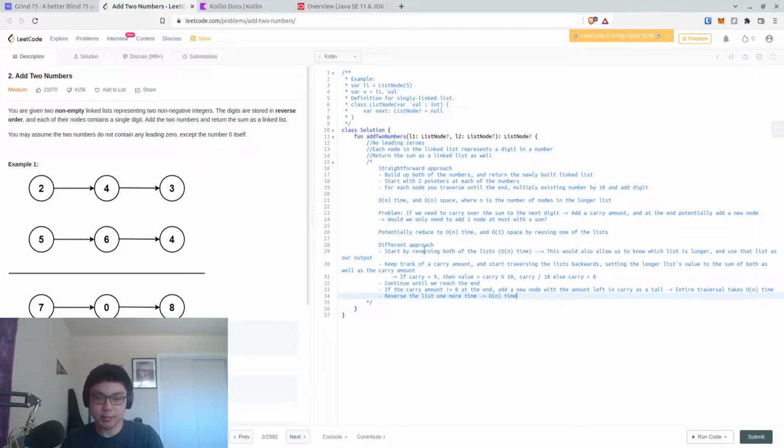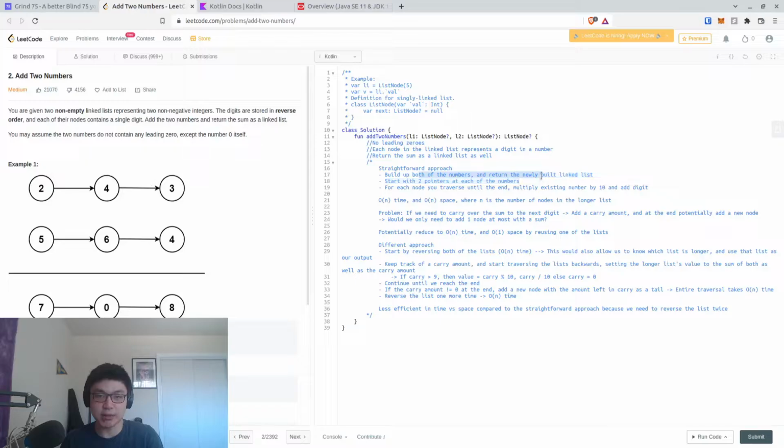So this is actually less efficient in time versus space compared to the straightforward approach, because of the fact that we need to reverse the list twice. And so this would take 3n time, essentially, whereas this would only take 2n time because we traverse